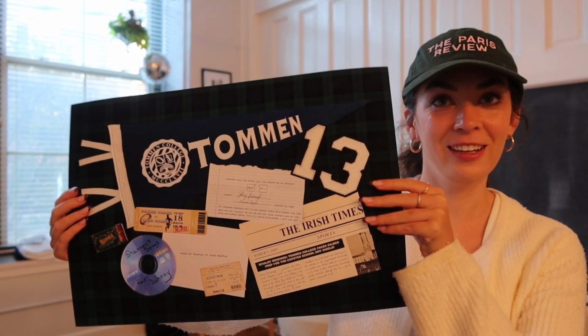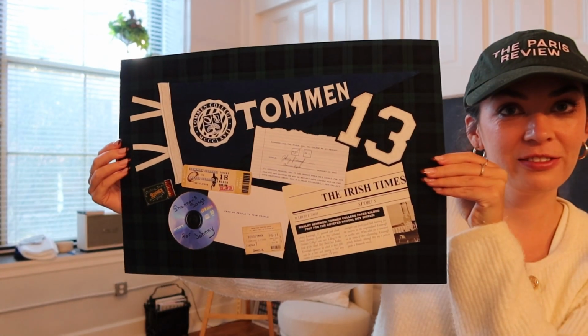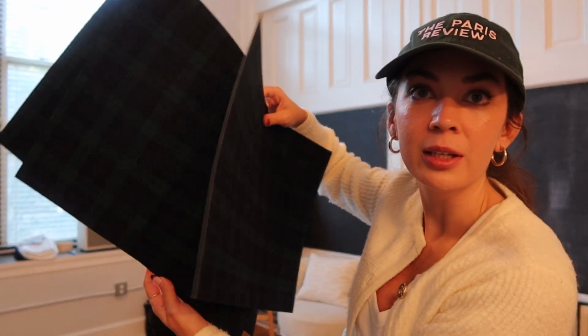Okay, it's a few days after, but the print is done. Here it is. I don't know if you can see it that well, but that's the final print. And here's the little mini version too, which I think is really cute. So cute. It's a bit dark because the sun is already going down. I initially had it on just a white background, but it looked a bit plain. I printed out this blue plaid and used it as the background, and then I just